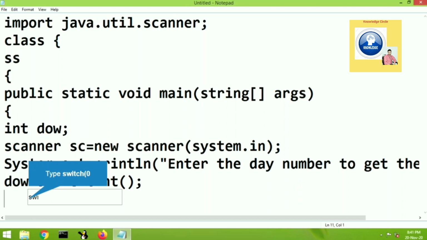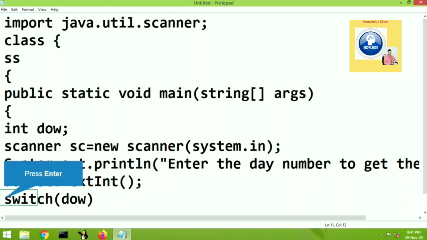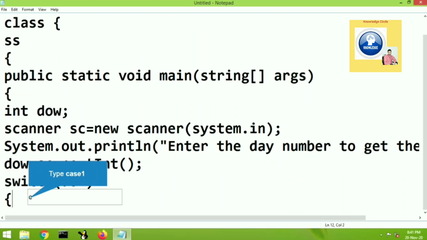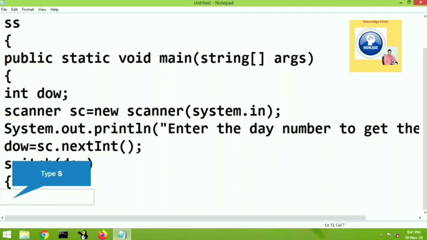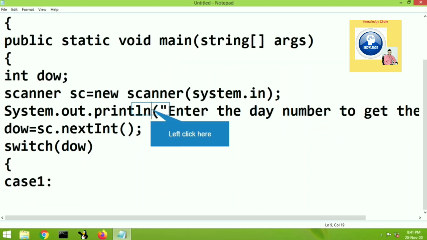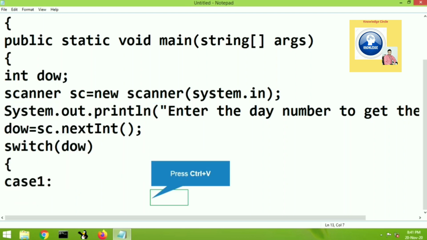Now it's time to use switch statement. What does switch do? It's a multi-way branch selection statement. It accepts an expression and it checks the value for equality. So we will write there switch and the value dow that will be compared by each cases. Case 1 means if the value of the dow is 1, then we will write their message